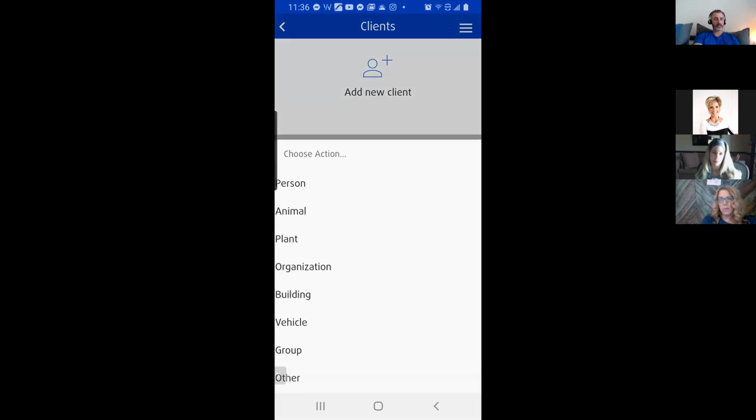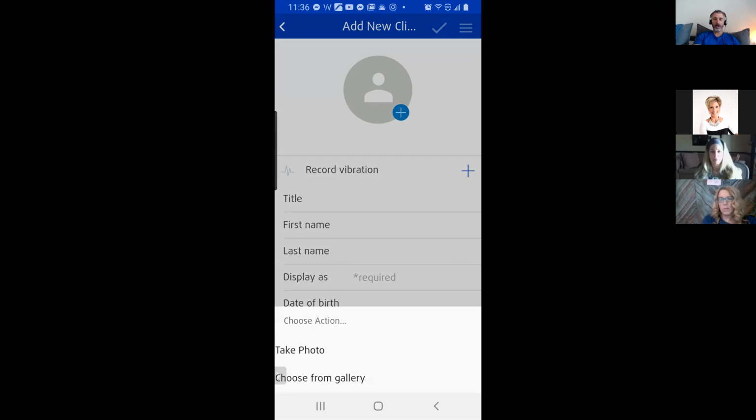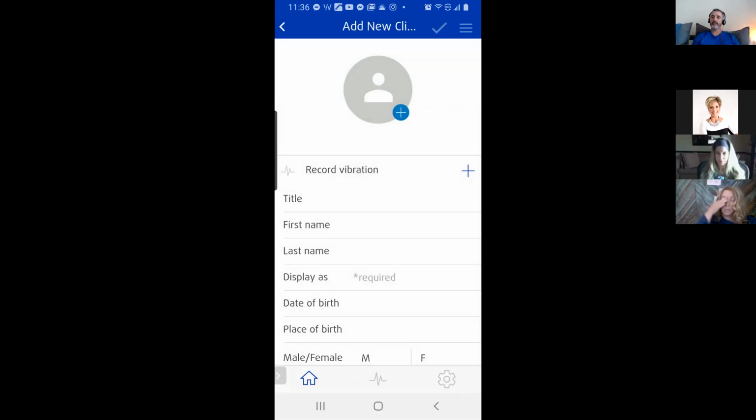So if I was going to enter myself in as a new client, first I need a picture. Often what I will do, now I can do this remotely for somebody. If I was doing it remotely for somebody, I would probably first have the picture on my phone, okay? Maybe on my phone, I would go to their Facebook profile and save a picture from their Facebook profile to my phone and then edit it by cropping it down, okay? So I would already have a picture on my phone that I could very easily grab, right?